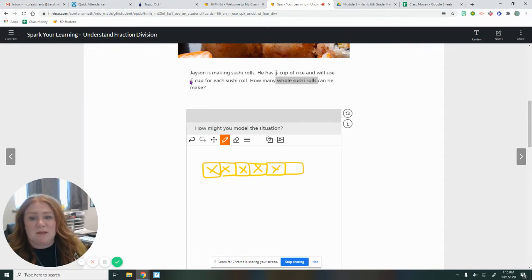And I want to make 2/6 for each sushi roll. So I'm going to get another color here, and I'm going to say 1/6 and 1/6 is 2/6. That's one sushi roll. And here's 1/6 and 1/6 is two sushi rolls. Whoa. Here's only 1/6. There's one here, but I don't have rice in this 6th. So I don't have enough for another full sushi roll, and it asks me how many whole entire sushi rolls I can make. So my answer would be 2 whole